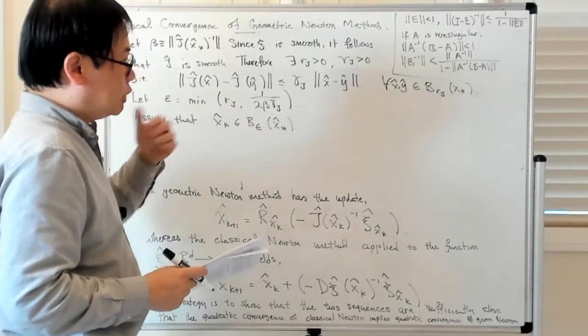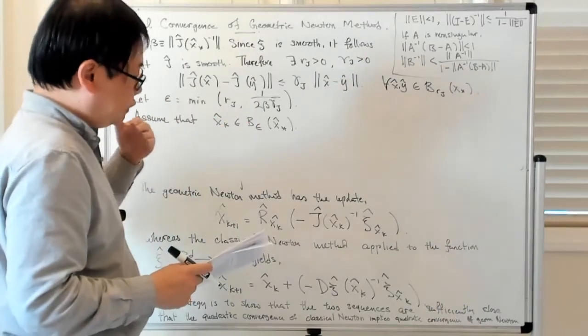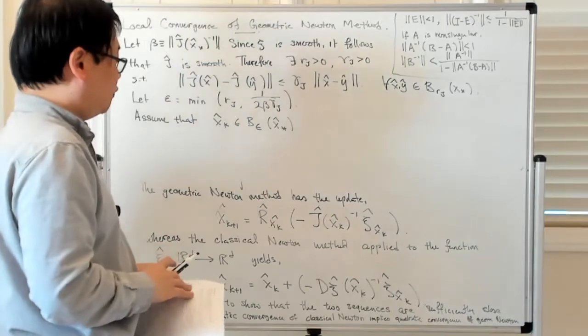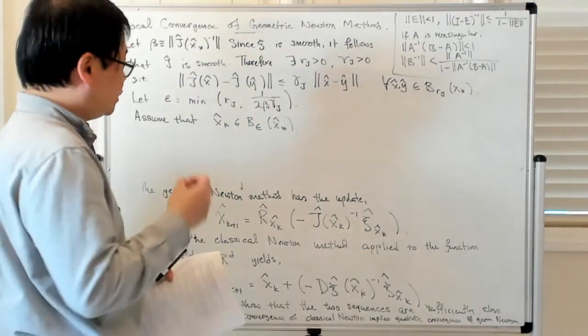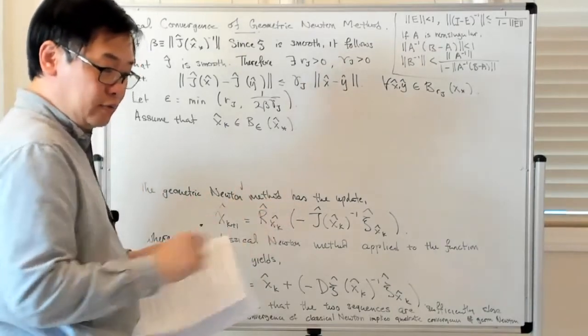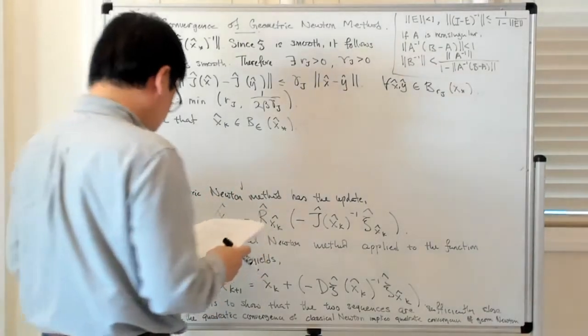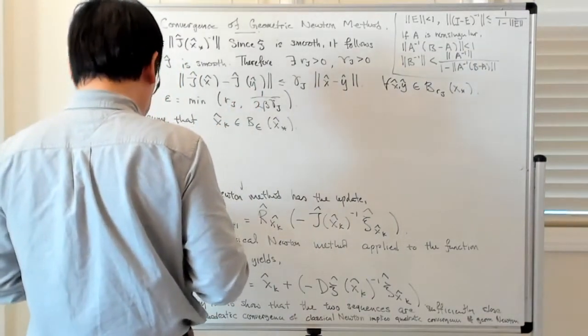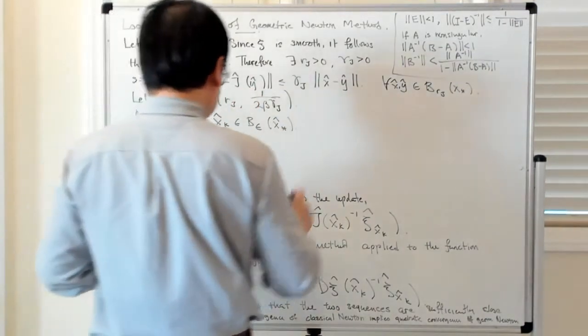So, put another way, if this sequence is to converge to x star, it has to be that for any ball of finite radius, there's going to be some big K for which all the iterates will be within that ball once little k is bigger than big K. All right, so we're just going to assume that. So then it follows that